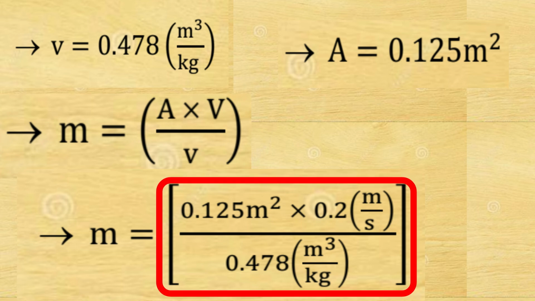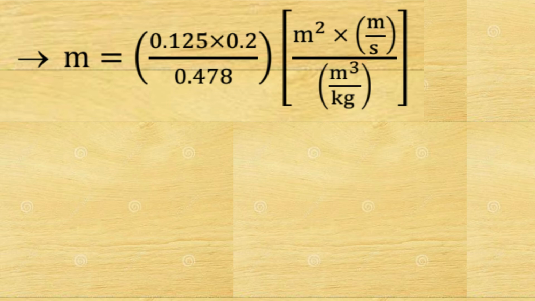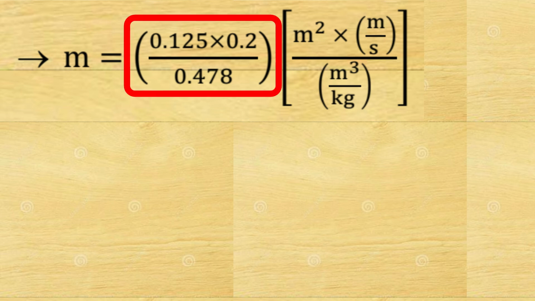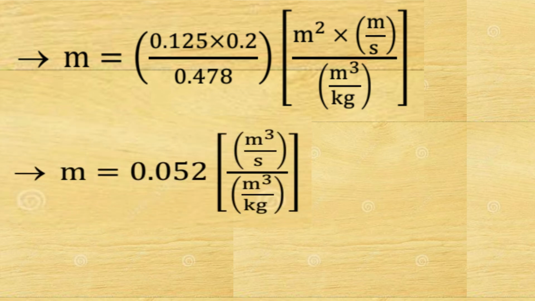Now in this RHS, we will split the numerical terms and SI units. We get m is equal to 0.125 into 0.2 whole divided by 0.478 into meter square into meter per second whole divided by meter cube per kg. So here 0.125 into 0.2 whole divided by 0.478 is 0.052, and meter square into meter per second is meter cube per second. So the next step will be m is equal to 0.052 into meters cube per second whole divided by meter